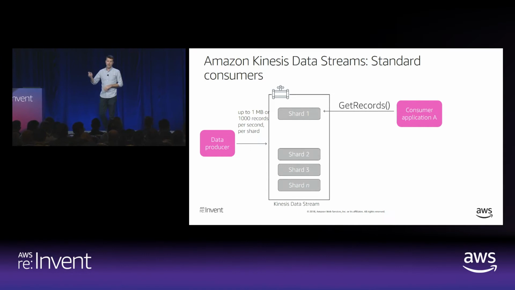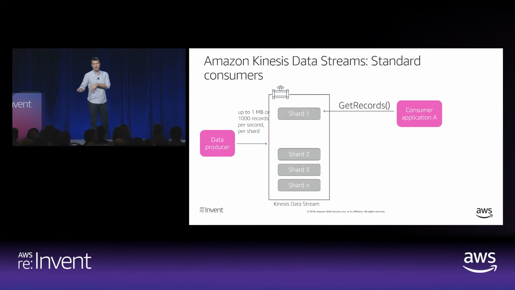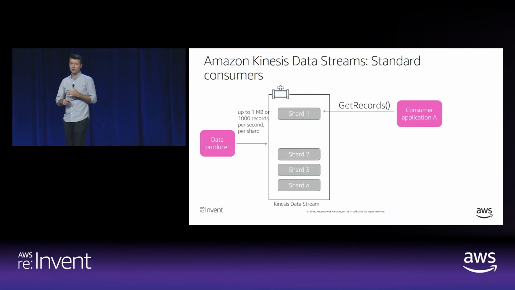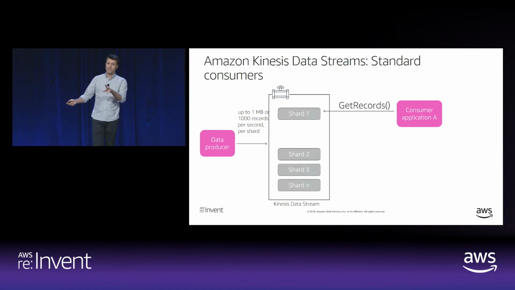A consumer application has multiple threads. Each thread gets data from a shard via a getRecords call. This is largely abstracted from you if you're using one of our libraries called the KCL, the Kinesis Client Library, or if you're using Lambda to consume. The getRecords operation is abstracted by those libraries or the service, but it's important to understand what's going on so that if you consider the KCL 2.0, which is the newest version, or the newest version of Lambda, you can use enhanced Fanout of Kinesis, which gives you that lower latency. So this is what's going on. getRecords is made, and data is returned.